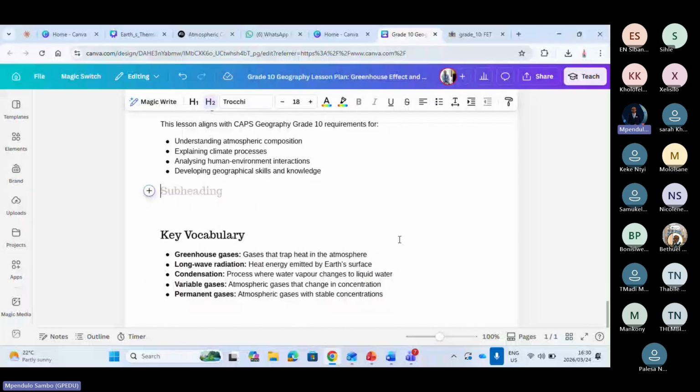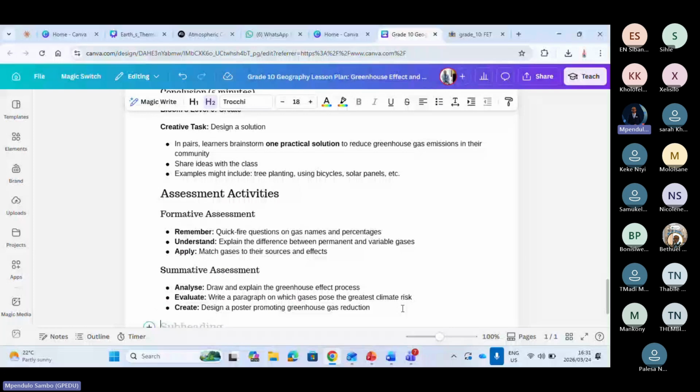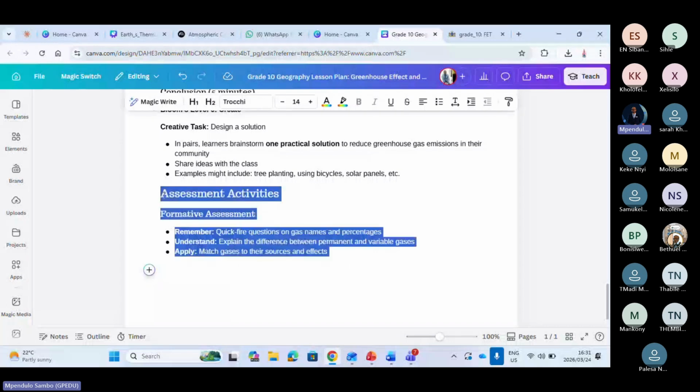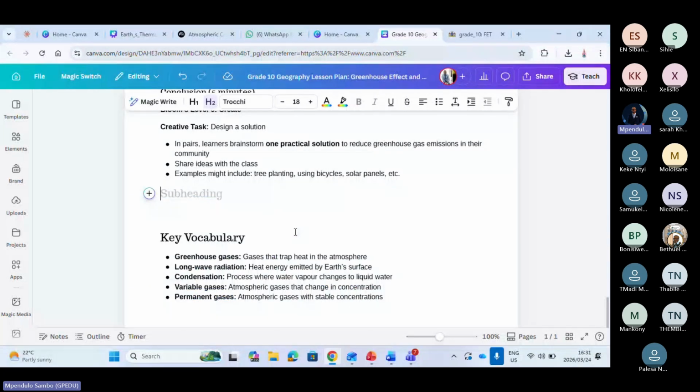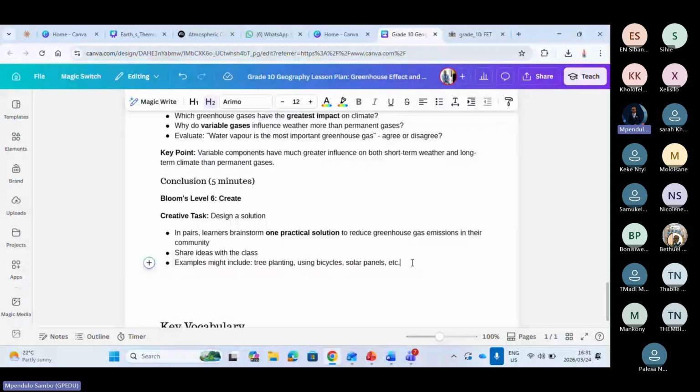I know that all the points have covered Bloom's taxonomy, but still, colleagues, you can download it and save it as a lesson plan. I'm going to remove these things. I don't need them. I need an actual process. This one, I'm going to need this information. I'm going to need this information.